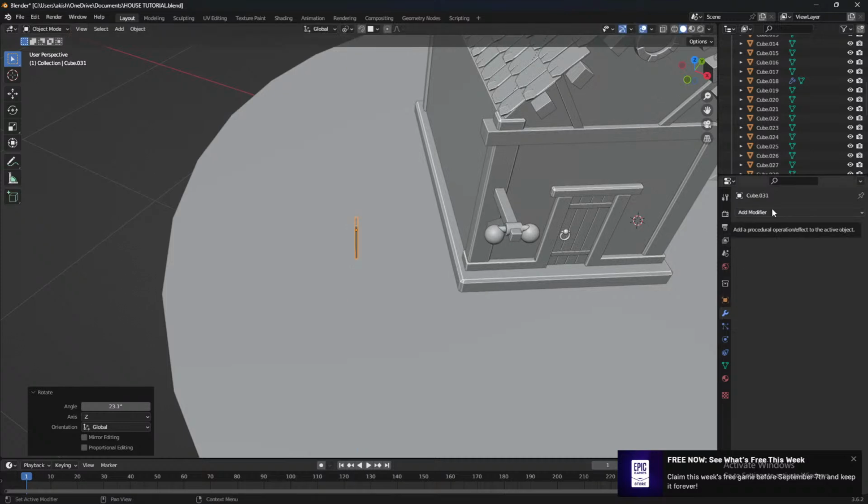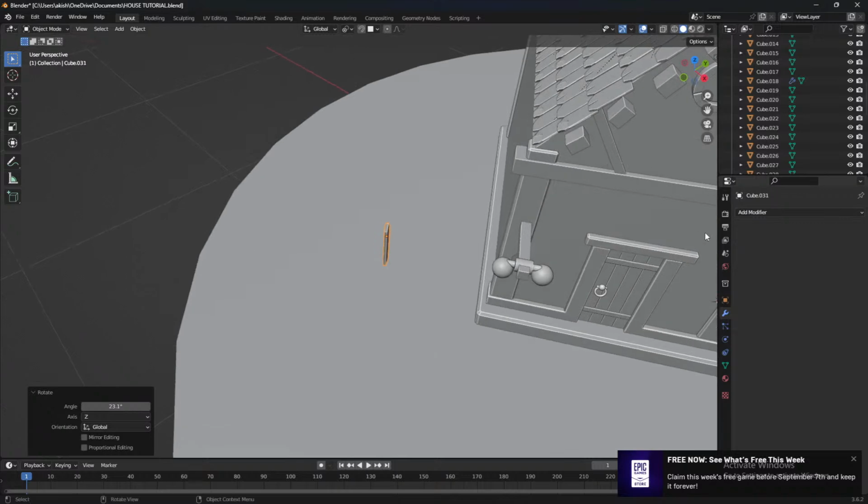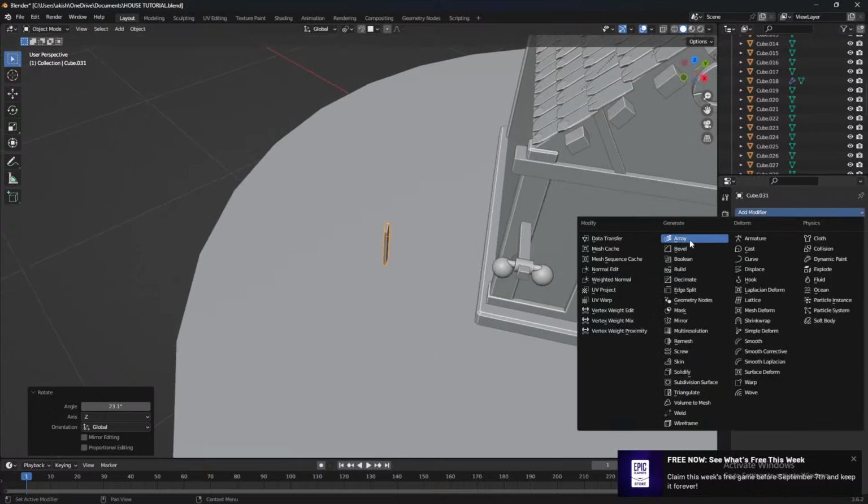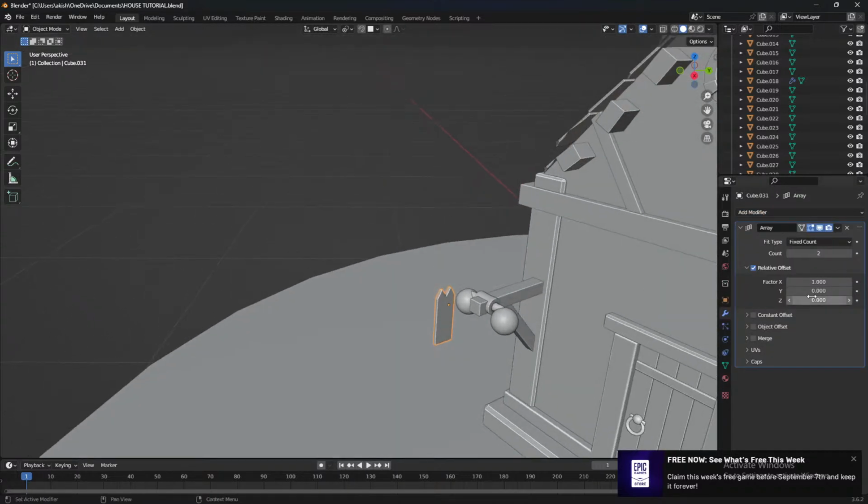Let's try adding an array modifier if we could. So array, 1 point, maybe a factor of 2, factor of 5 could work,